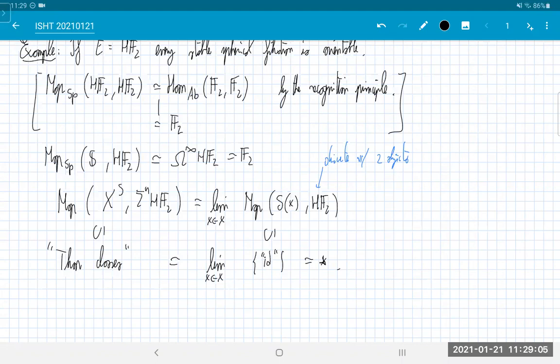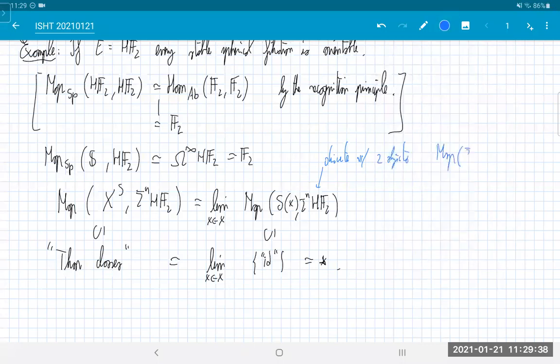Yeah, so on the right-hand side, the mapping space, you forgot the suspension, right? Oh, yeah, sorry. Yeah, and I guess I should say that this is the suspension of S non-canonically. So it's still a discrete space with 2 objects. Because it's just a shift somehow? Yes, yeah, sorry. I'll say that, maybe let me